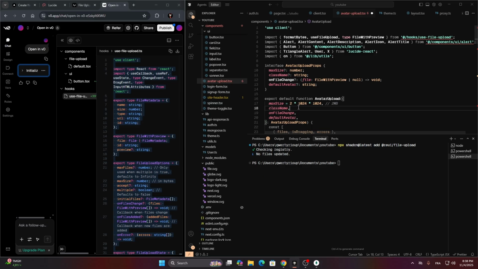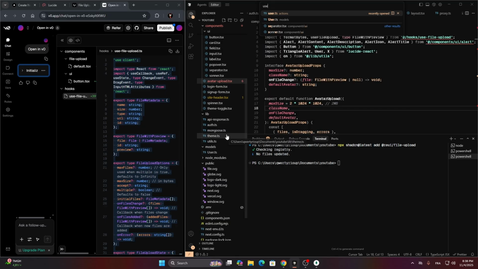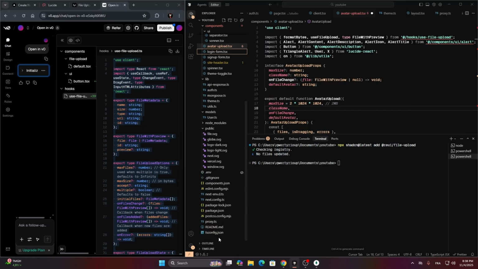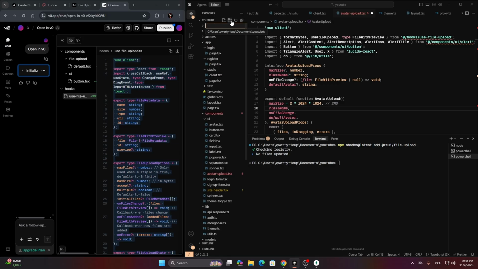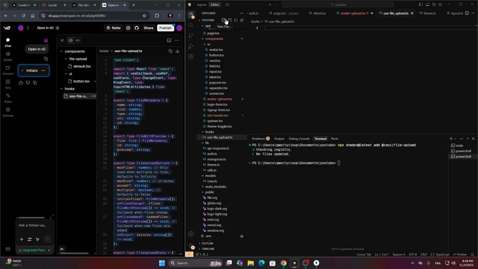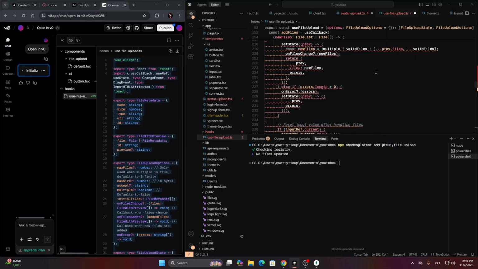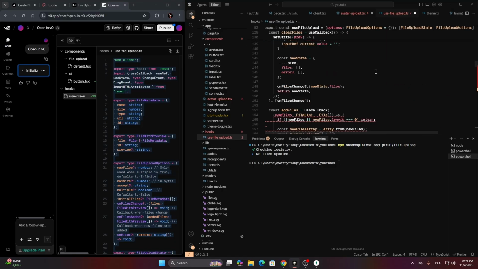So use file, Control A. Use, there is none. So we can create a folder, hooks, use dash file dash upload dot ts. We paste this. I don't know why there is a big red